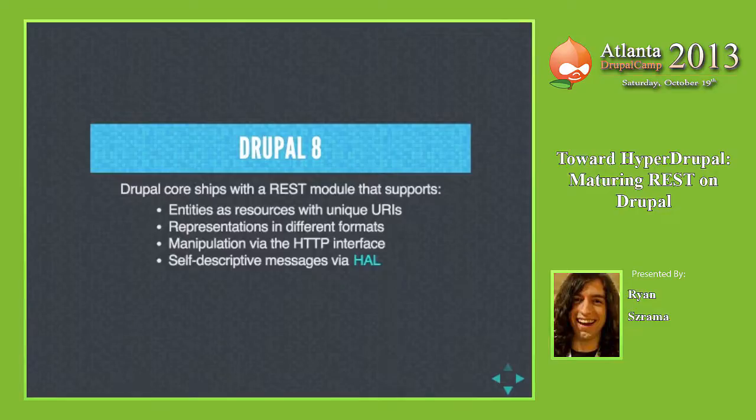We support self-descriptive messages using HAL. HAL stands for the Hypertext Application Language, and HAL is a media type that a guy named Mike Kelly developed to let you use JSON to describe data and its relation to other data, which is great for Drupal because we deal in entities and references. So if I do a GET request on node 1, it's